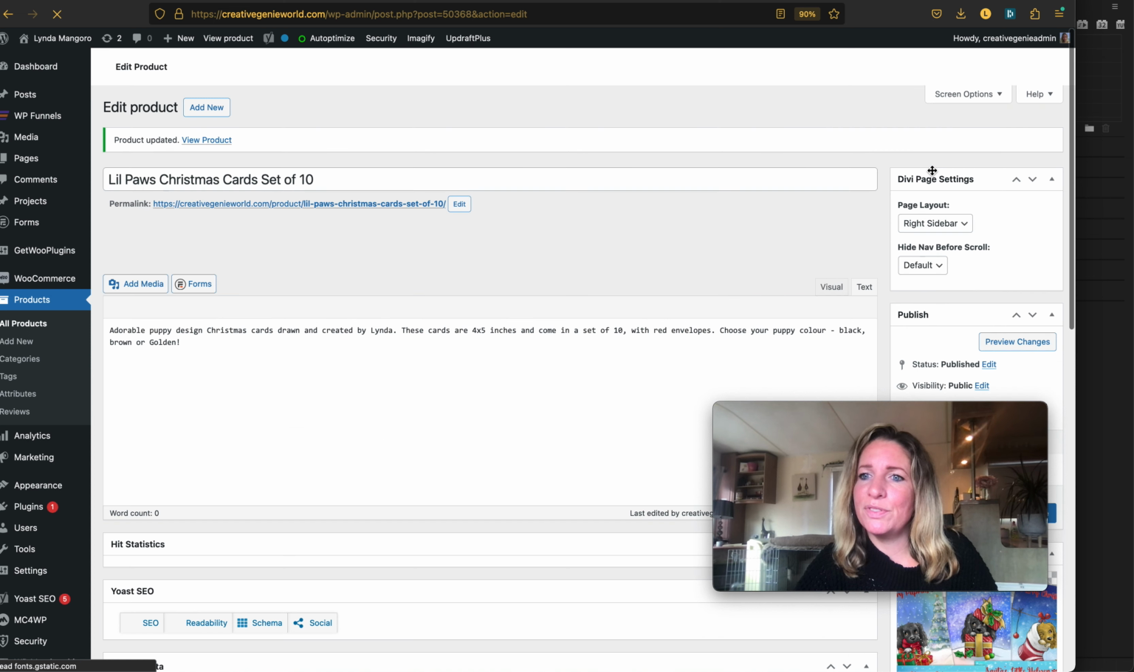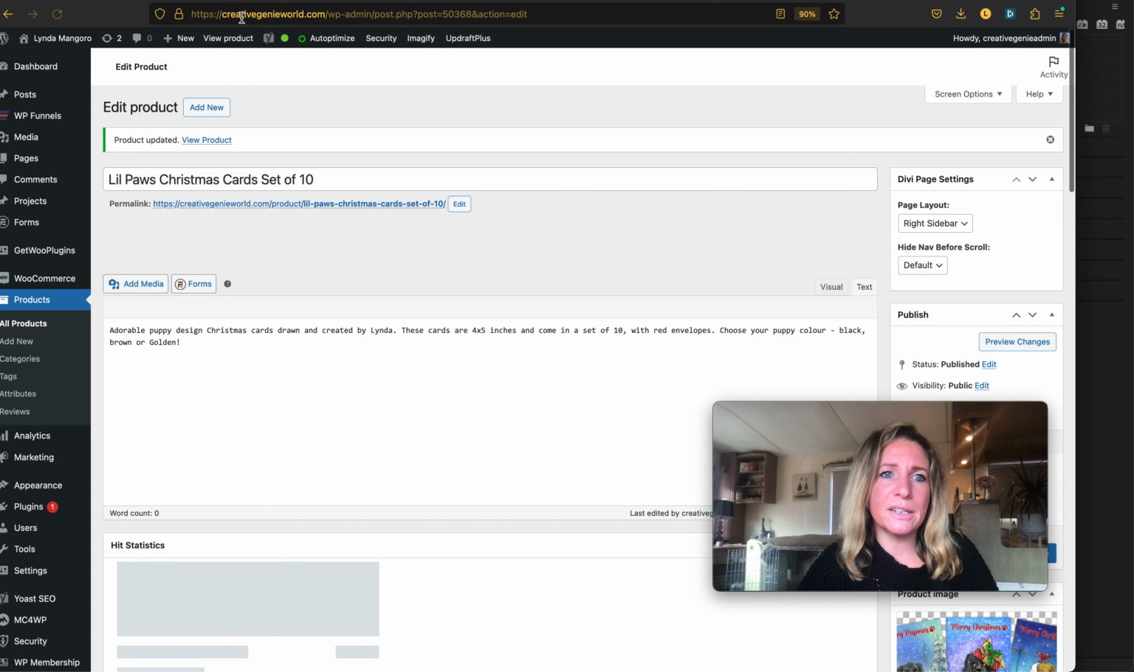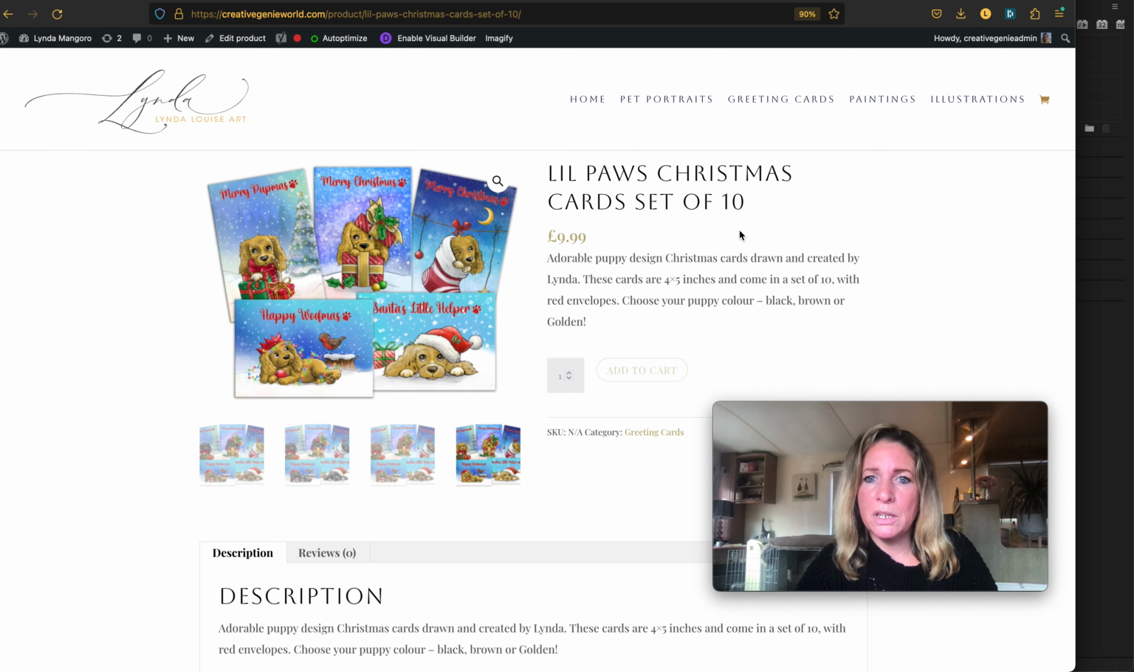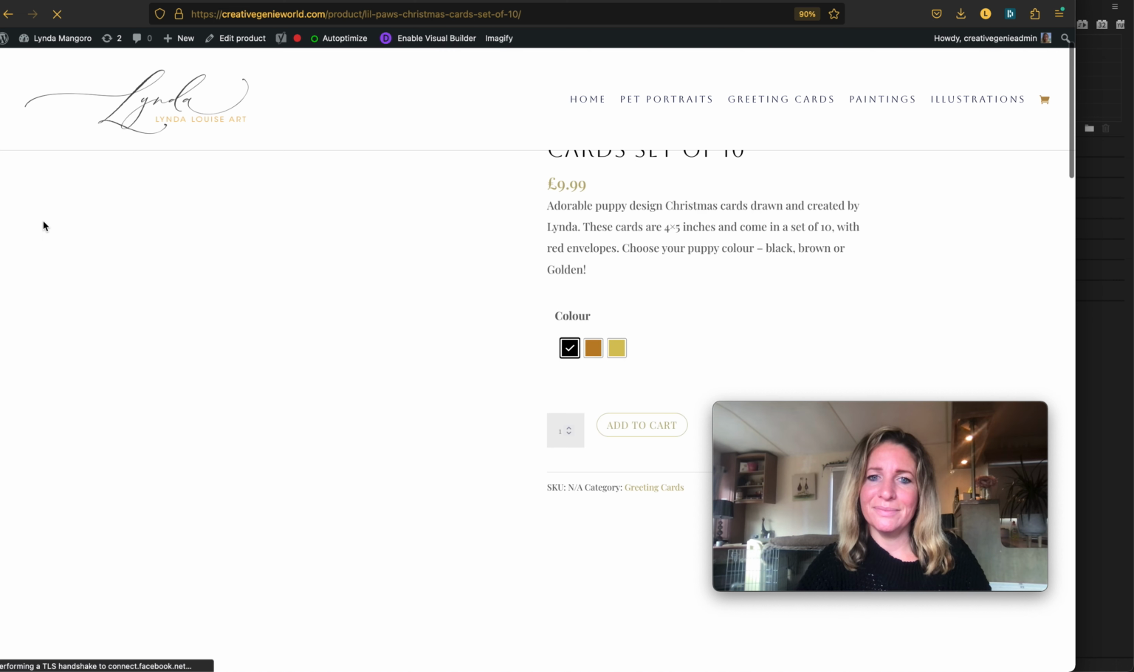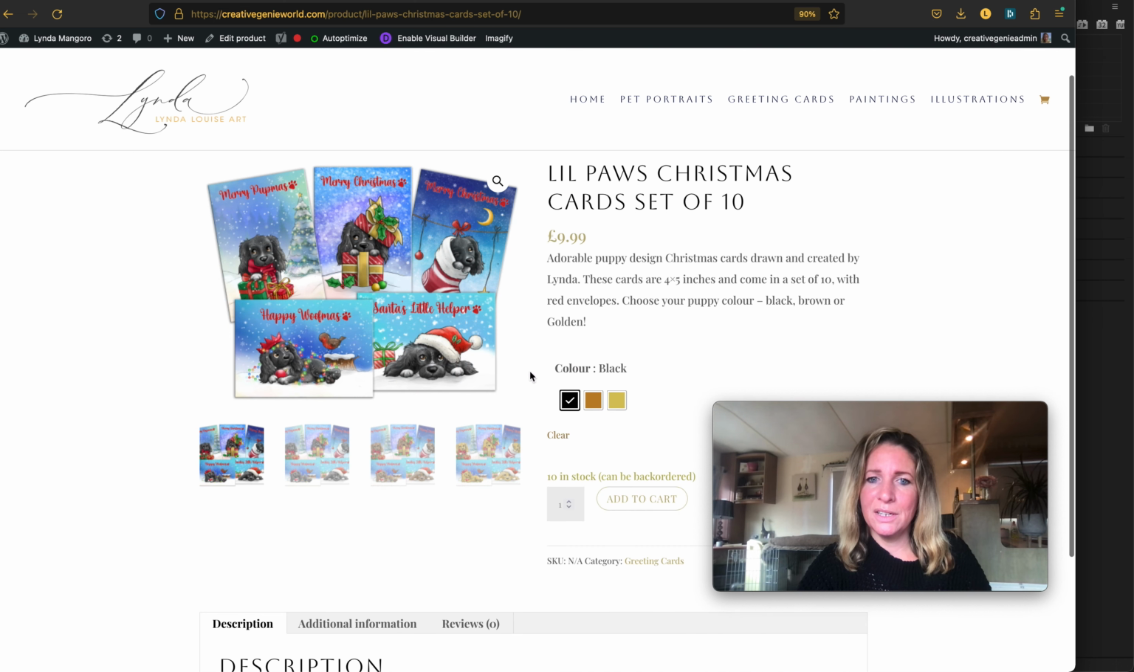And then once that's finished saving, I'm going to come back over here to my Little Paws Christmas card set, and as you can see here, we have a description, we have an option to add to cart, but we don't yet have any variables. So I'm going to click refresh on this page, and now you can see we have some color variables available over here,